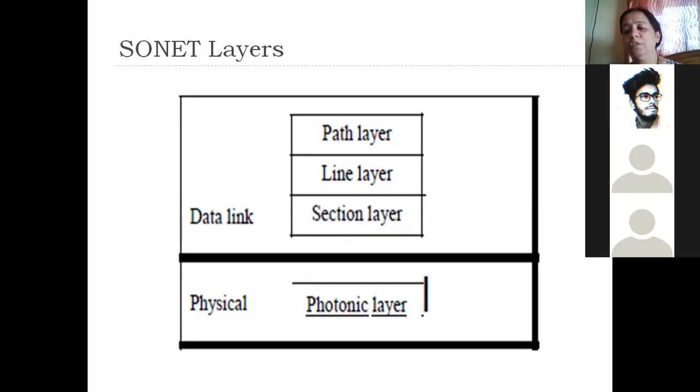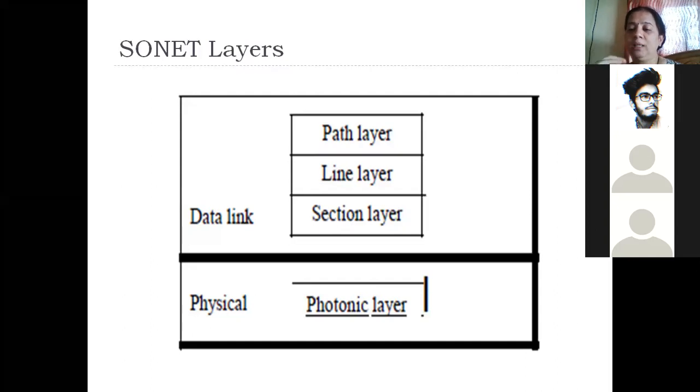modulation, or maybe conversion from electrical to light form, because when your data gets generated on a computer, it is in the form of 0s and 1s, in electrical form. So your bits, your voltage levels, have to be converted into the form of light. So such functions, that is transmission of bits, converting the voltages into light, that is in the form of presence or absence of light, actual transmission of bits in the form of light, regeneration of signals, or implementing the STS signals, these functions are performed by the photonic layer.